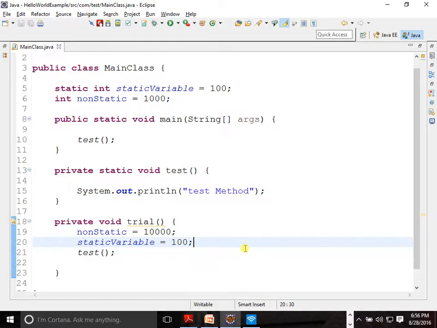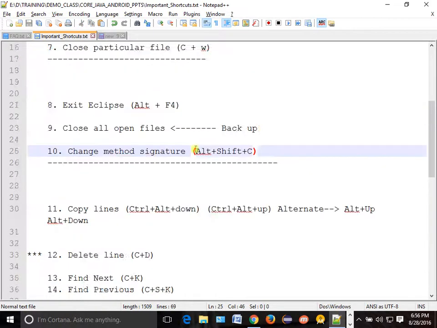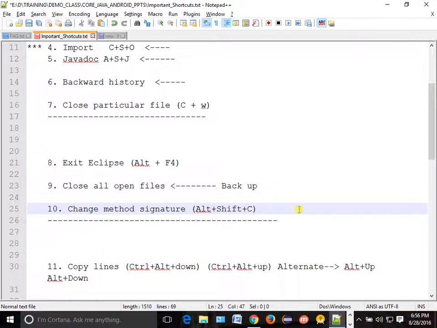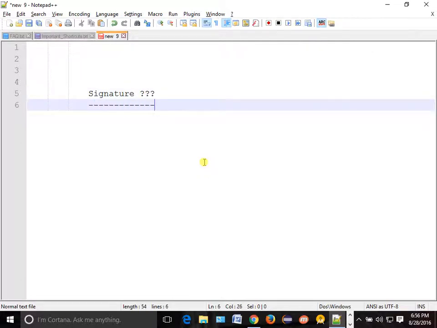Okay, now let's go back to our original place, where we are dealing with changing the method signature. Before changing the method signature, let's try to understand what signature means. What is the signature of a method?